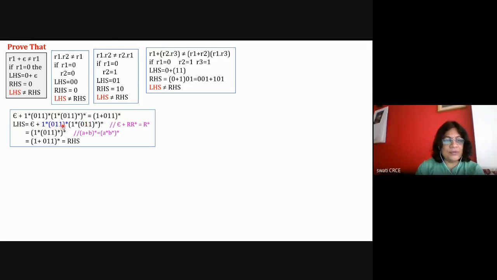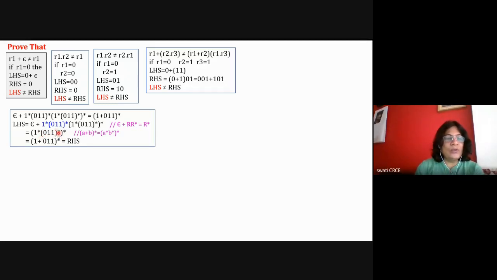It is the same. So it is similar to epsilon plus R star. This is similar to the rule epsilon plus R star, and we have seen this identity in the previous slide. Epsilon plus R star is nothing but R star, because either epsilon or R, one R compulsory. That means R star. So we will write everything in the form of R star. So that is equal to 1 star 0, 1, 1 star bracket star. So it is R star.